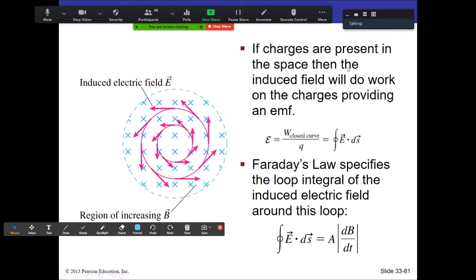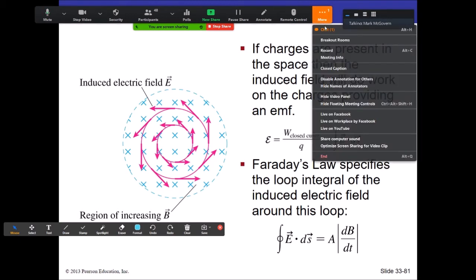Okay. Now, this leads us to a sort of interesting form of Faraday's law. We actually can enhance Faraday's law by identifying that the EMF here is going to be related to the electric field ultimately. I mean, we were saying before the rate of change of,